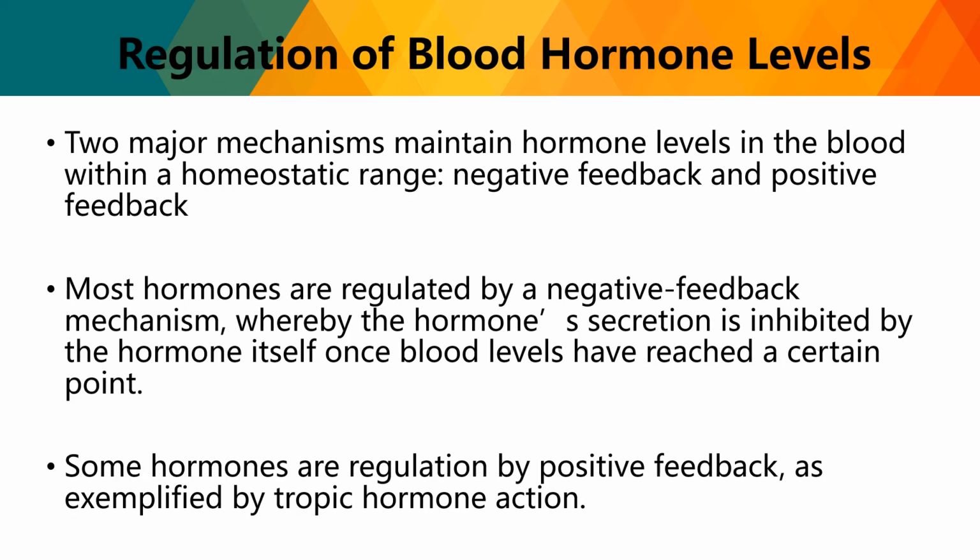So, how do we regulate the blood hormone levels? So, basically, there are two major mechanisms to maintain hormone levels in the blood within a homeostatic range. So, the first one would be your negative feedback, and the second one would be your positive feedback. Okay, so most hormones are actually regulated by the negative feedback mechanism, whereby the hormone secretion is inhibited by the hormone itself once the blood levels have reached a certain point. So once the homeostatic range has been reached, the same hormone would actually stop the endocrine gland na mag-produce ng